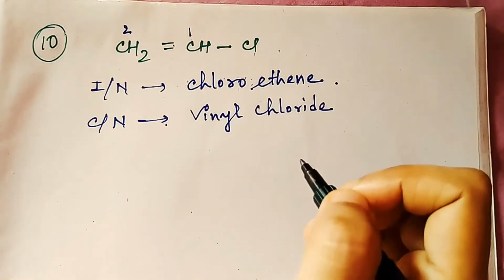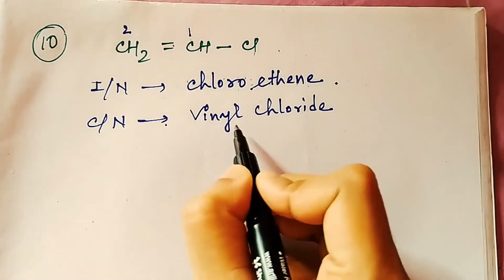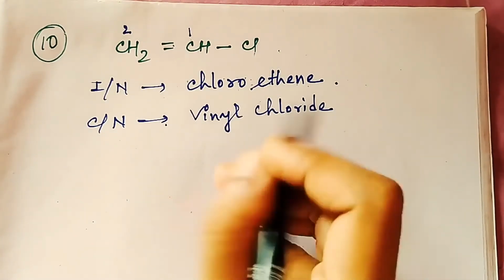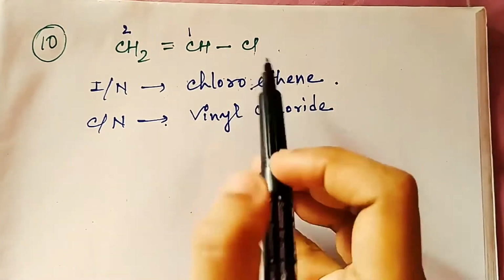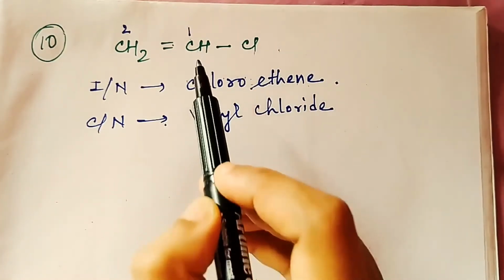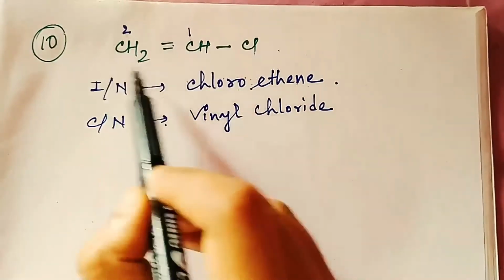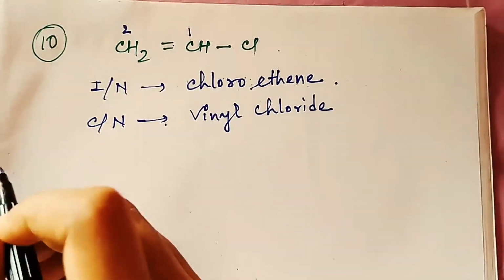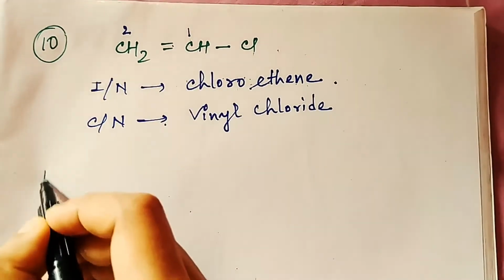vinyl chloride. Okay, so now again you see here I have used here vinyl. So when to use this vinyl? So see, when the halogen is added to sp2 carbon atom, that time we use the vinyl actually. Next example,